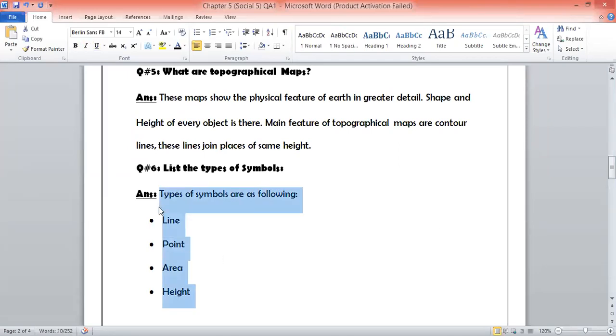See how short it is. It is a very short question and the answer is very short. So everybody should write this in the notebook. Everyone try to write it without mistakes.